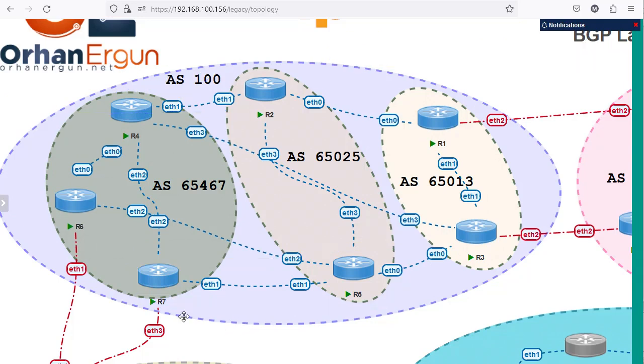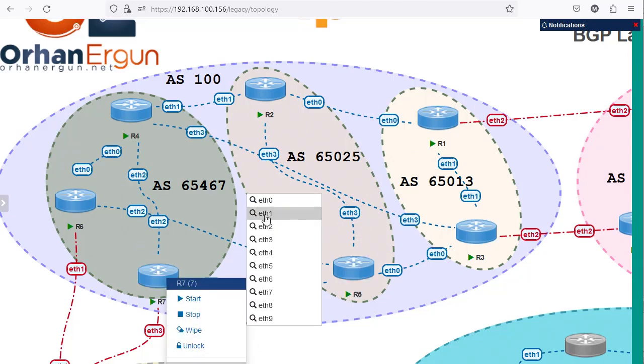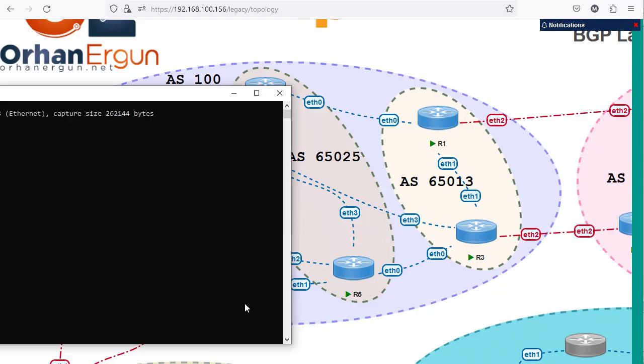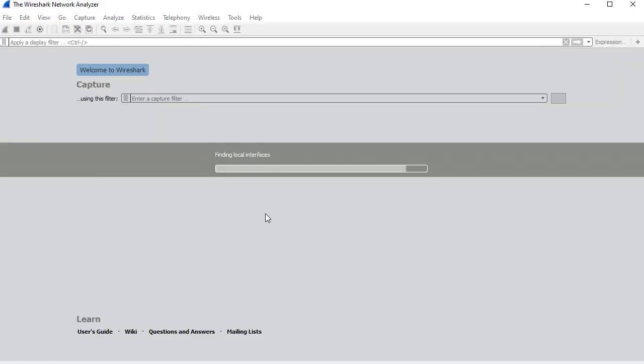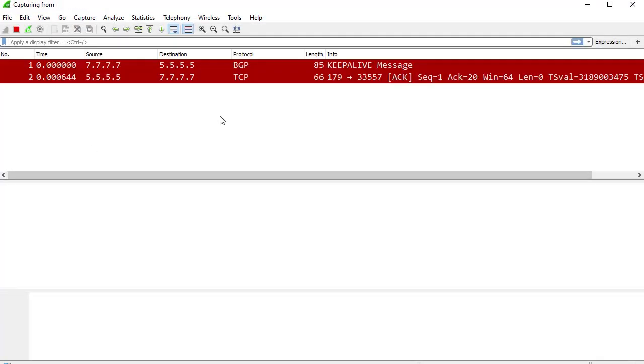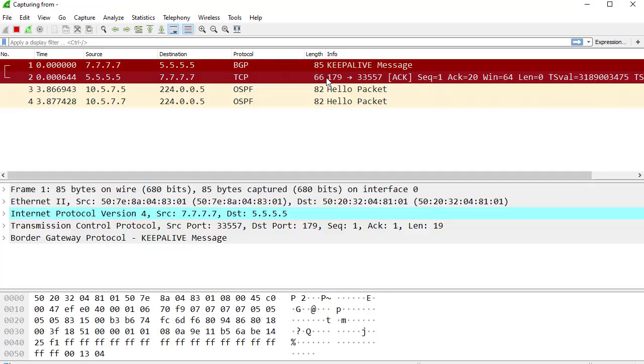Let's just do something before finishing. And of course, I have not configured authentication. I'm going to do that as well. I'm just going to capture everything on Ethernet 1 and router 7. So I'm going to say capture Ethernet 1, and I'm going to wait for this to check some of the messages that are going from BGP. You can see that there is a TCP connection,